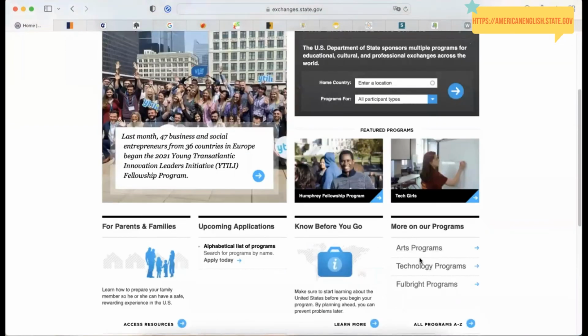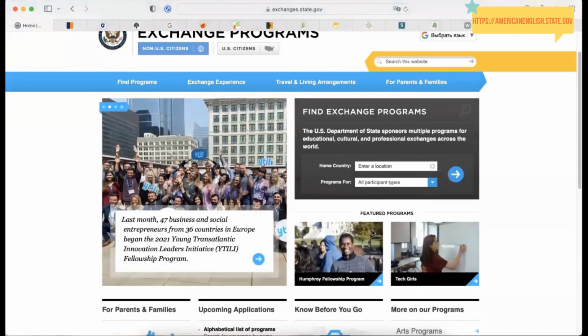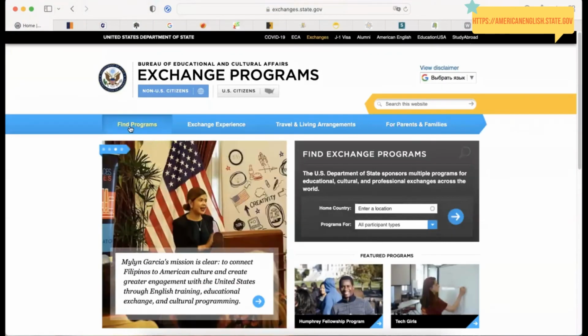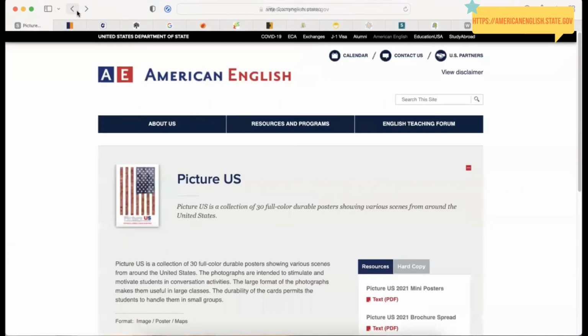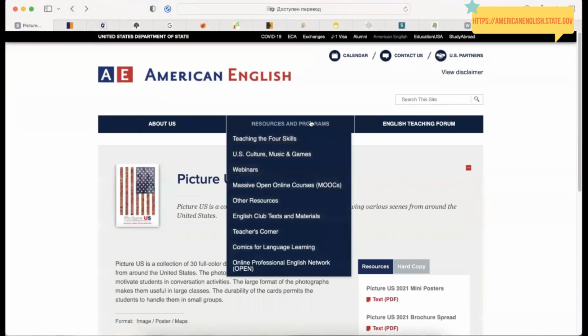You can type your location and choose the programs, exchange programs, programs related to specific topics like art, music, entrepreneurship, and